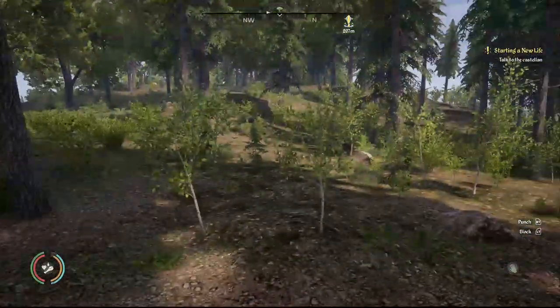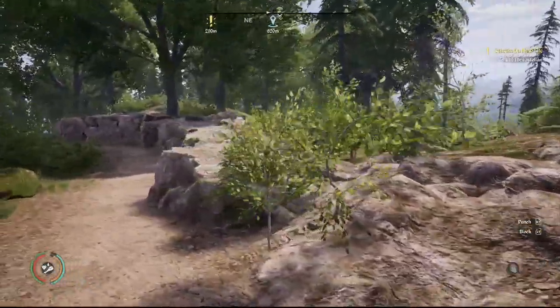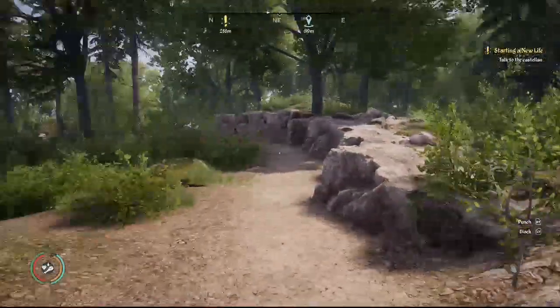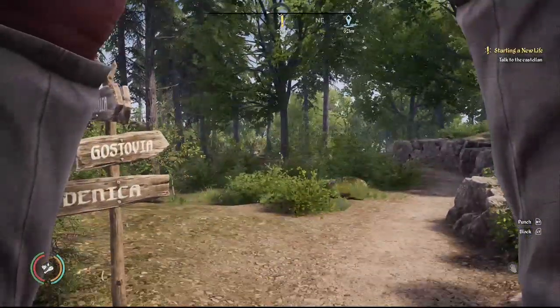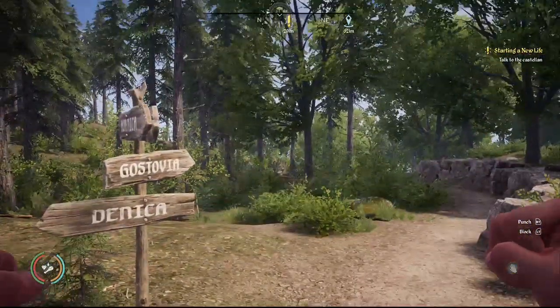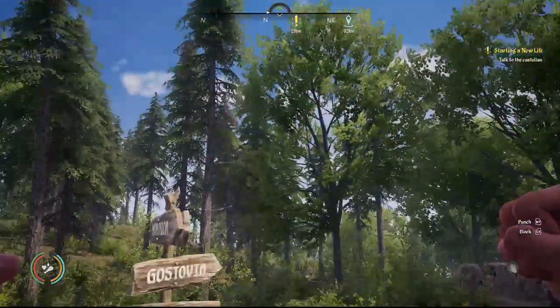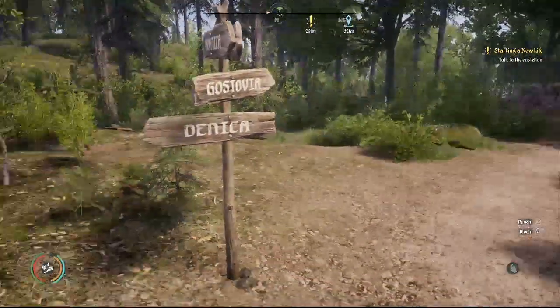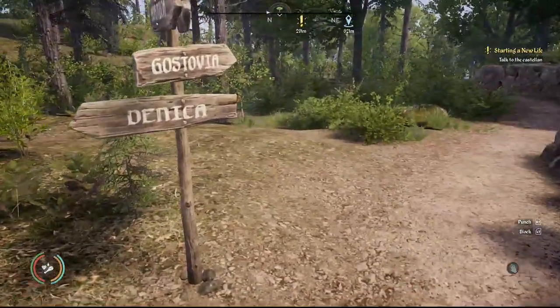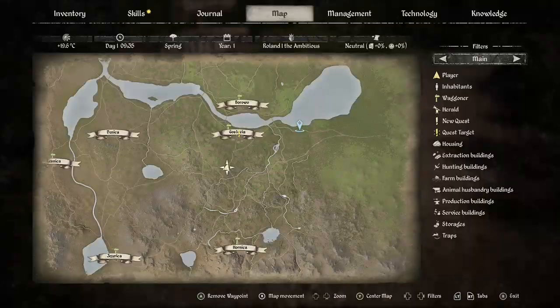What I do suggest is that you look for the cart. There's a broken down cart on the path, right? You've got to head for the icon up there, the 291 meters, is it? Something like that. That's where I've got to go, to Gostovia, this place here. And so